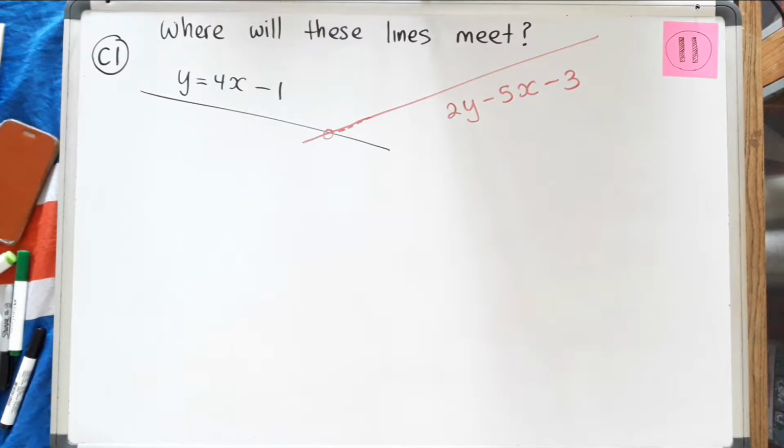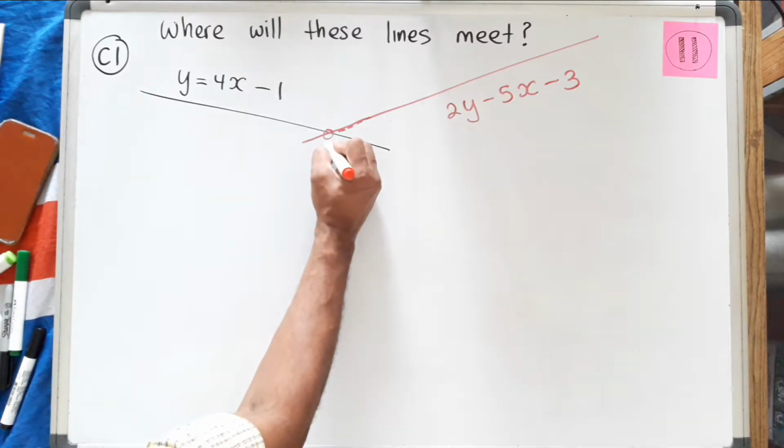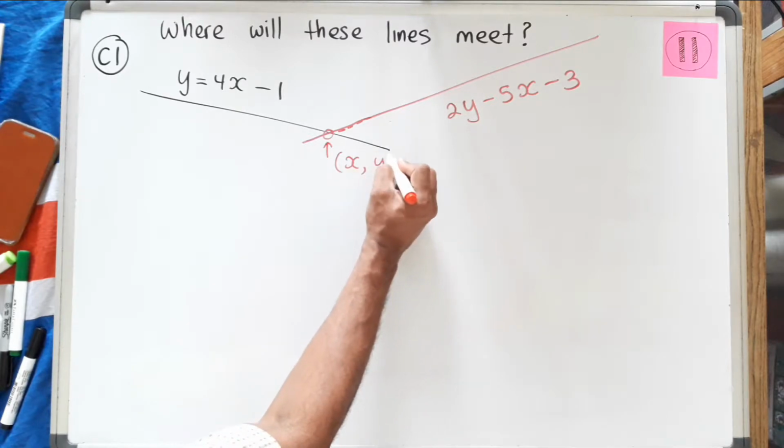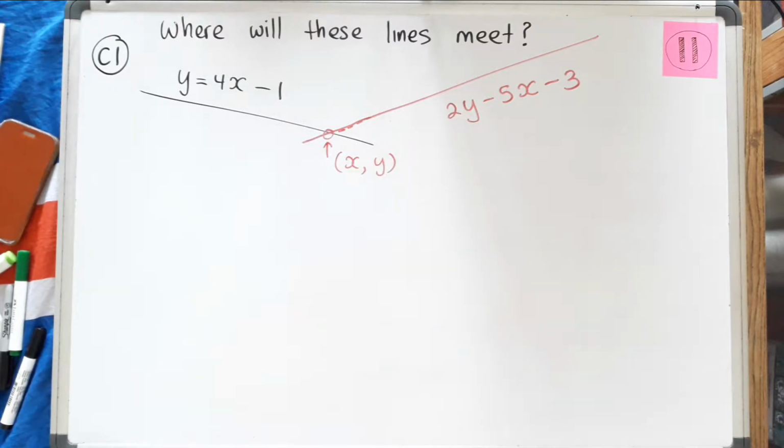There must be a point of intersection. This point of intersection must have an x coordinate, and guess what? It must have also a y coordinate. So in today's question, we're going to try to figure out how to get the point of intersection between two